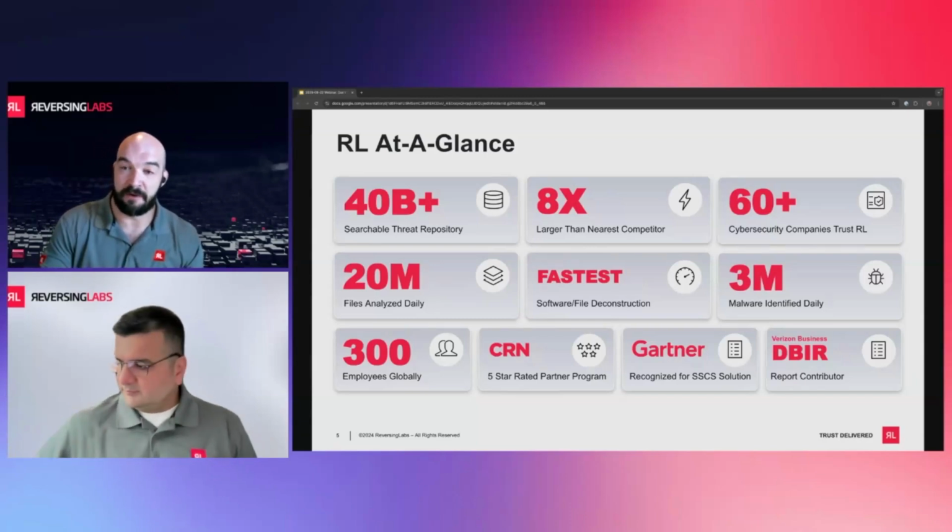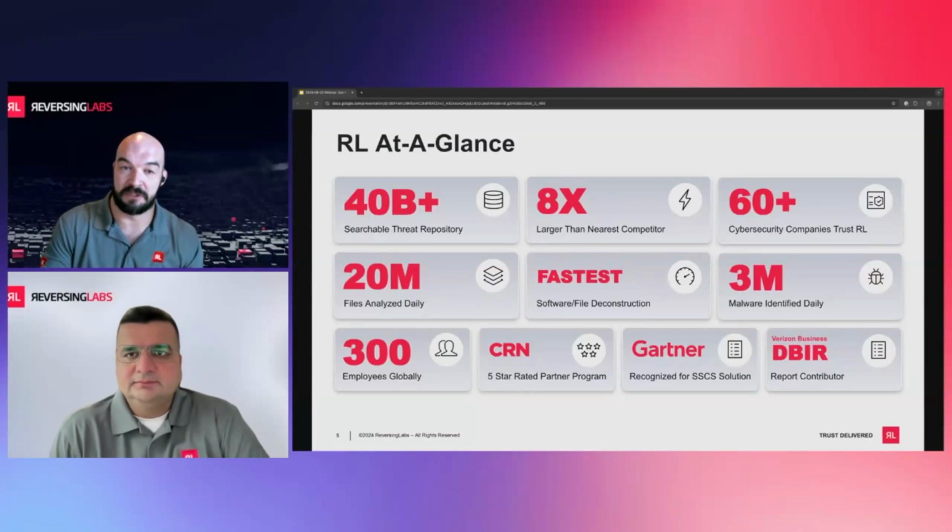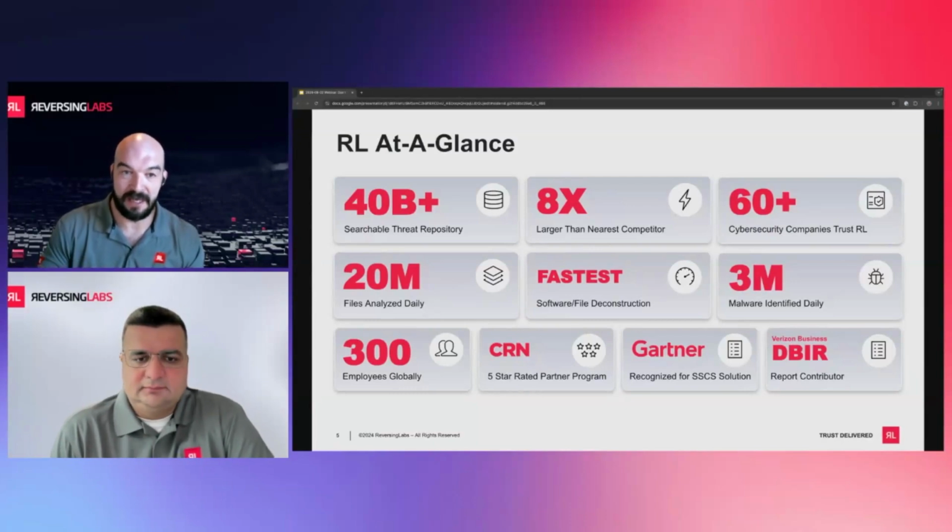Those 40 billion files put our repository about 7 times larger than our closest competitor. And what most people don't know about our threat repository is that we provide data to 60 of the leading cybersecurity companies,